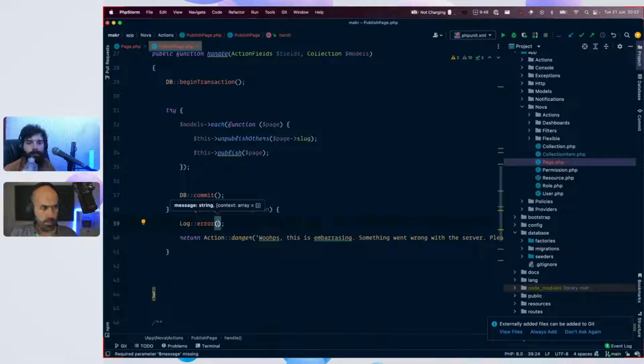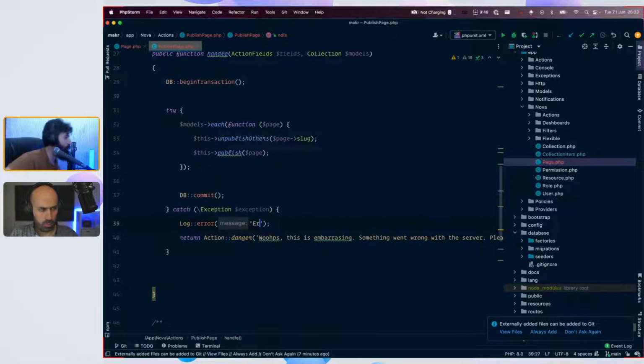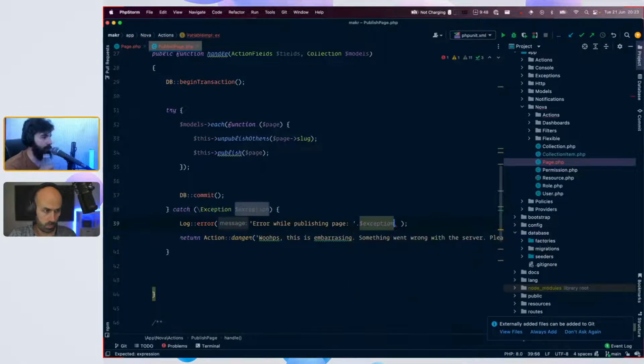I'm not sure if this will go up to Sentry or not. We still don't know what we're going to use, but right now it should go to the log file probably. That's normally the default. So there's a context. You can pass the string of the exception get message, or you can pass the context.